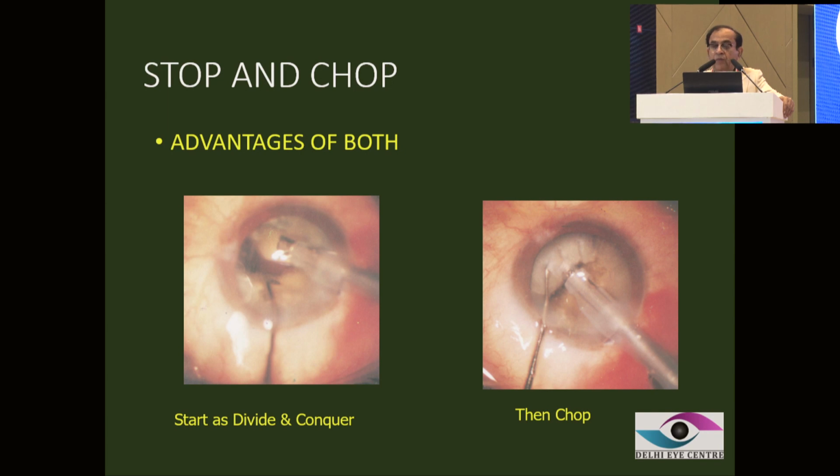And this is a stop and chop. After divide and conquer came chopping. A stop and chop was invented after that, so the chopping is much faster. In a stop and chop, you make the first trench, dividing into two. We call it a stop. When you start like a divide and conquer, then you stop in the middle and go to do the chopping